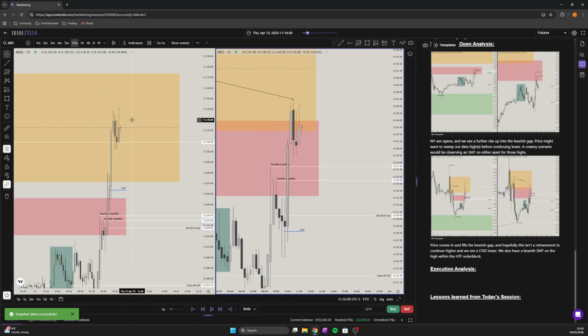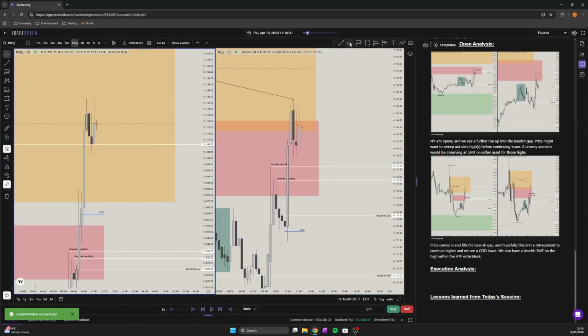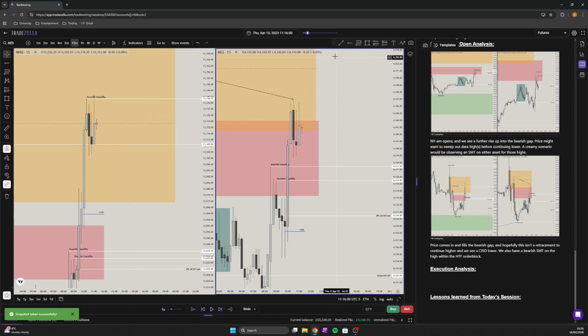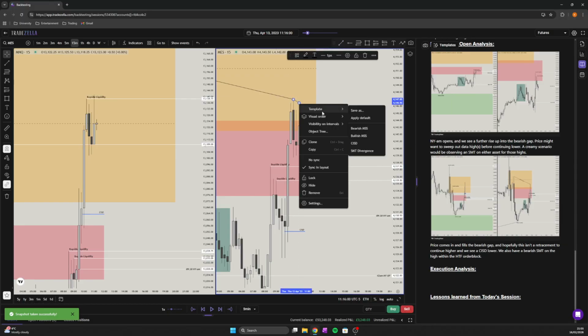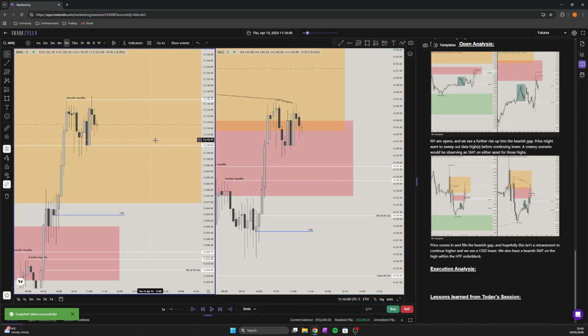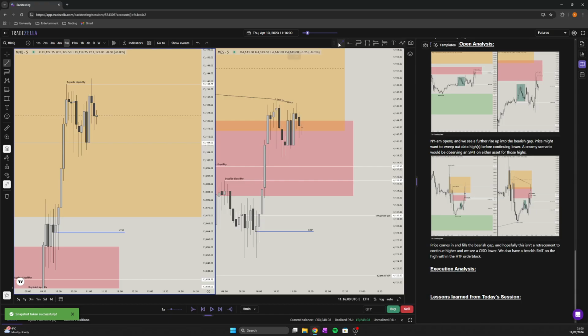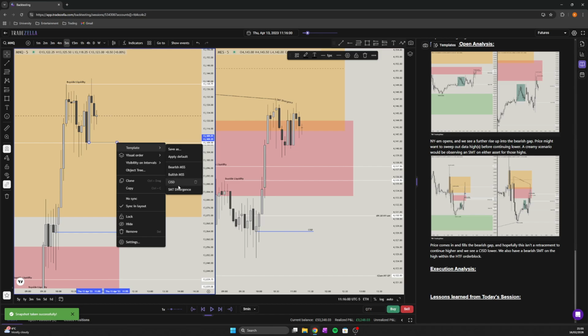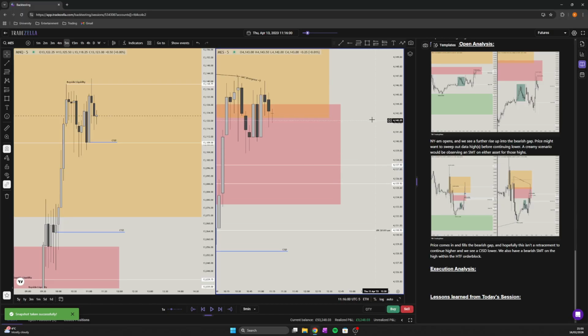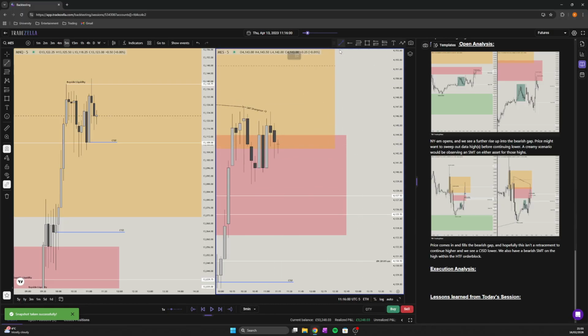We have, is it a 15-minute sweep? Yep. Okay. So we have another sweep of the high right at this point, and then yet another SMT. Okay, that's quite cool. Now our change in state delivery is here. It'd be on this candle here. Yes. So let's actually just annotate that again.